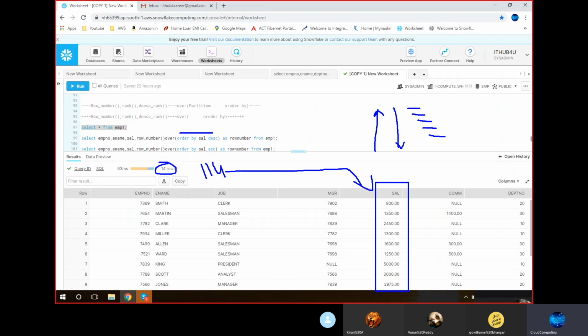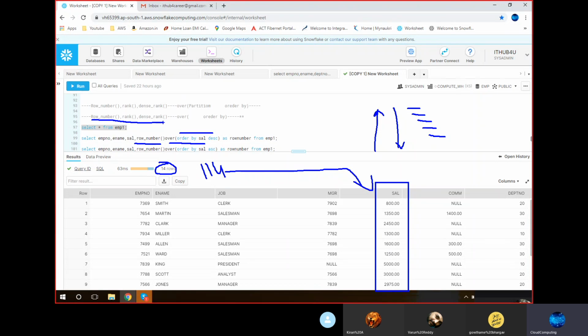The order by clause is mandatory, because the program in the back end should give the ranks or row numbers or dense ranks. To provide row number, ranks or dense ranks, it should be in the order by clause. Then it's very easy to provide. That's why this is mandatory. So like that you can remember, one after the other. The first one, you are applying one function. It can be any function: row number, rank or dense rank.